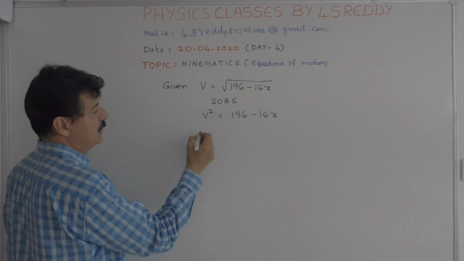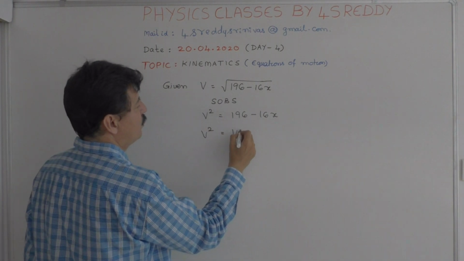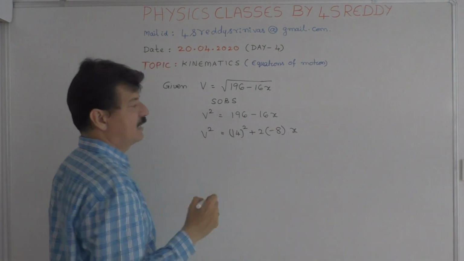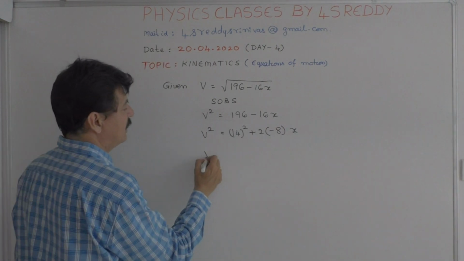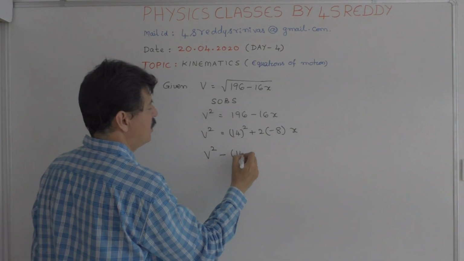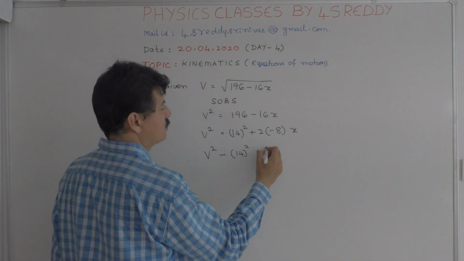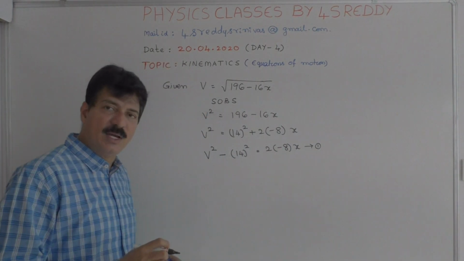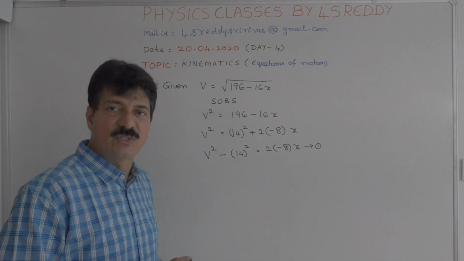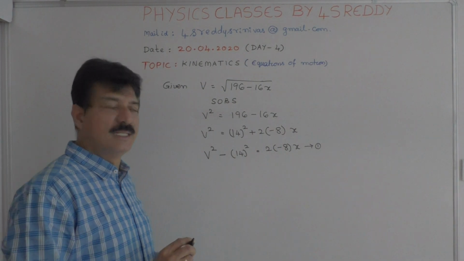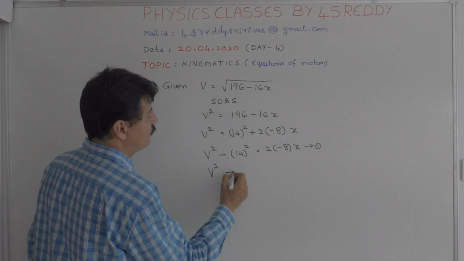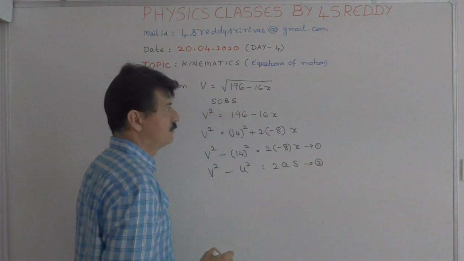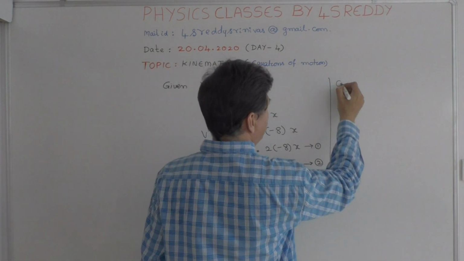Or v square is equal to 14 whole square plus 2 into minus 8 into x. Then you can write this as v square minus 14 whole square is equal to 2 into minus 8 into x. If you observe this equation, it is analogous to v square minus u square is equal to 2as. Then compare